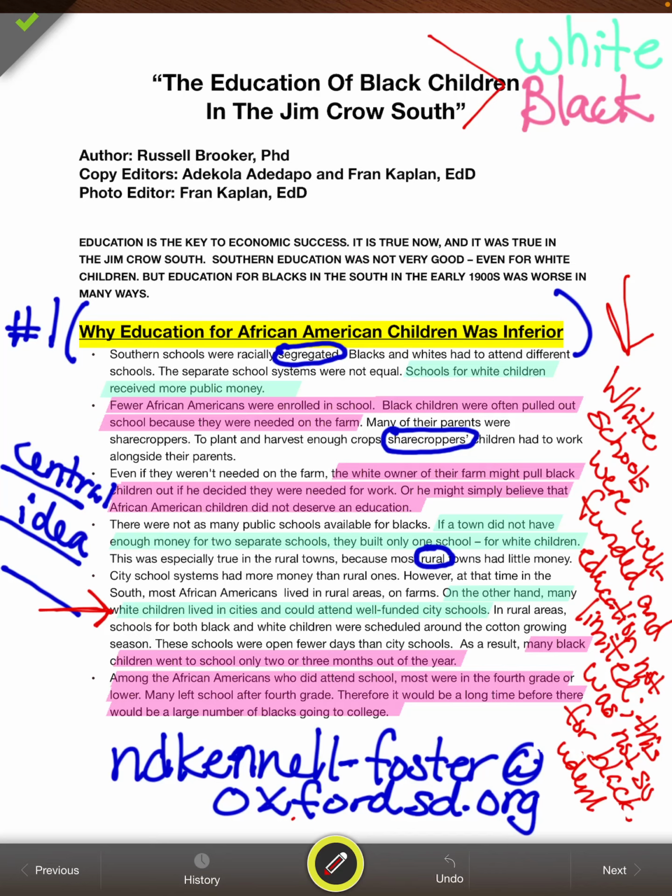So that's not a detail that's just in this article, because Mama tells Miss Crocker that no one cares about what's happening down here. In the second place, if anyone should come, maybe he could see all the things we need. And then she goes on and on into all the things that they need. So I can make an inference and say that the white schools did not need all of those things, okay? So that will actually go in my middle box. But I want to show you, just for the sake of the video, something that could